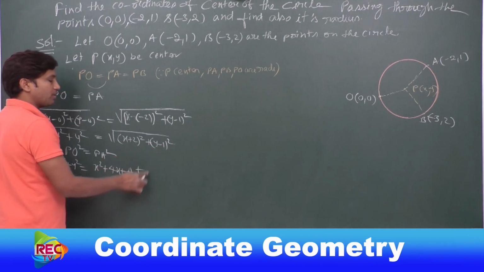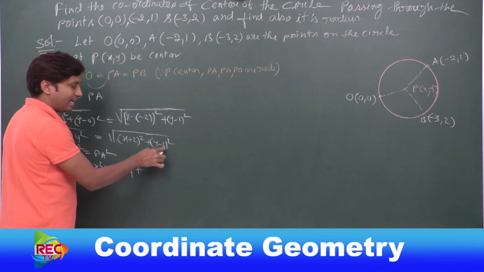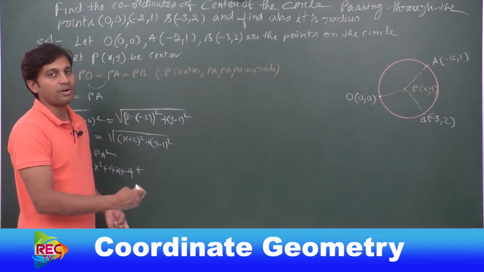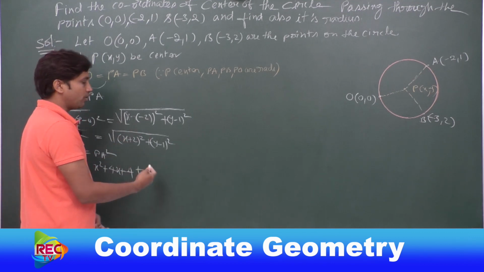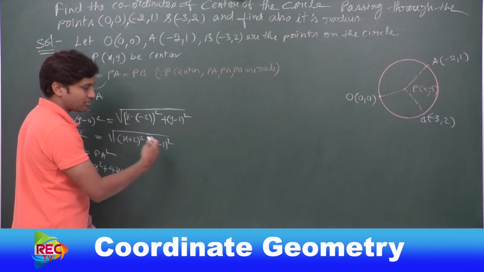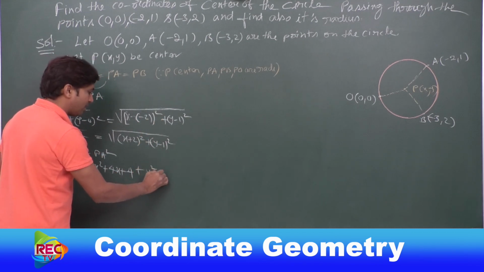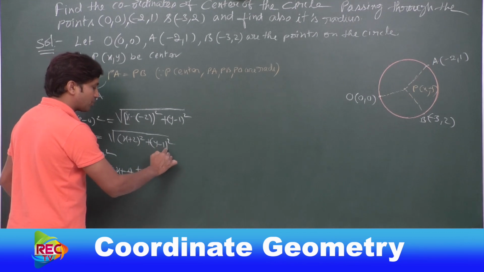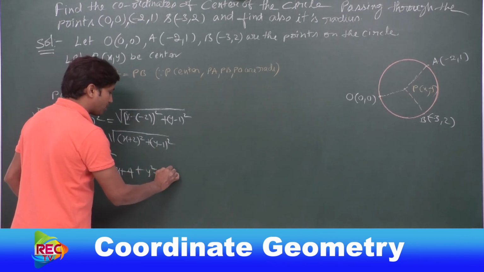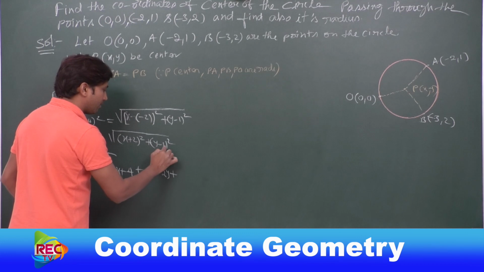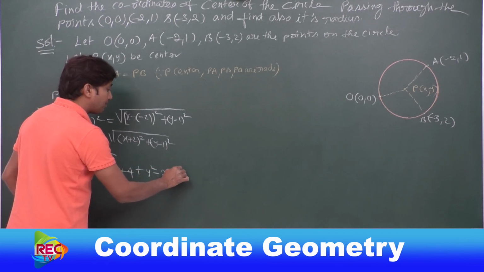Okay. Now next one. Here y minus 1 whole square. If you consider y as a and 1 as b, this is in the form of a minus b whole square. So you can write it as a square minus 2ab plus b square. So a square would be y square, minus 2ab, which is minus 2 into y into 1. That would be minus 2y, plus b square. 1 square would be 1 itself.